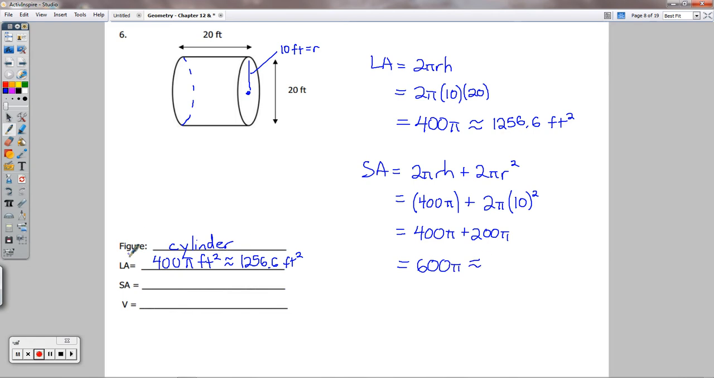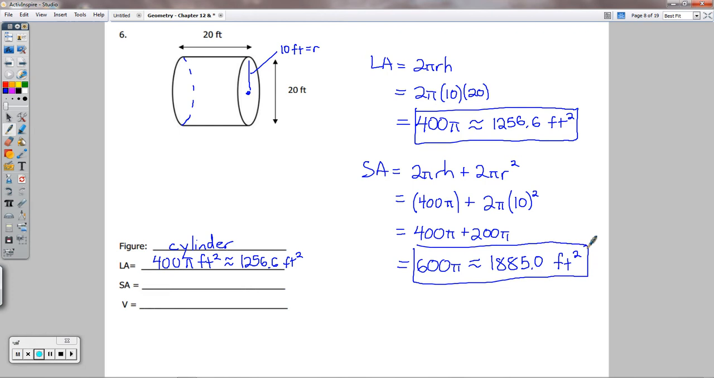And that's typed into a calculator. 600 pi is 1,884.95, so we round that up to 1,885.0. We would say that many feet squared here. So this is a good answer there. So we have 600 pi feet squared, or approximately 1885.0 feet squared. And finally, the volume is going to be the area of the base, pi r squared, times